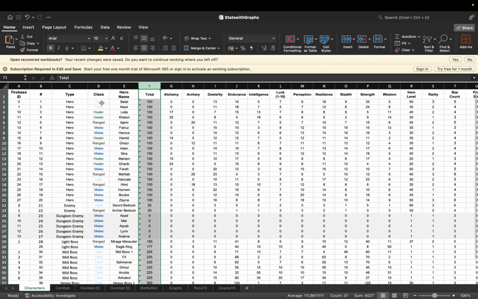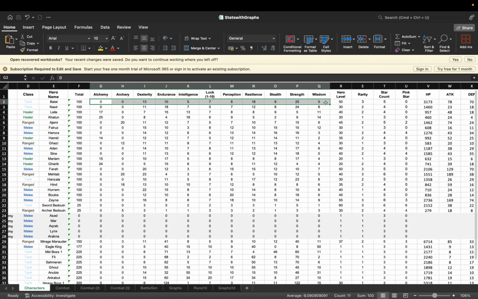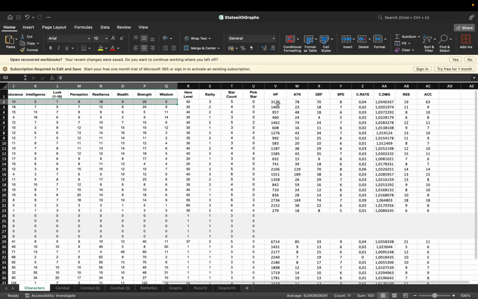Like in the tank class we need higher HP, while in the melee class we need higher speed and higher attack value. So when we distribute, let's say, these points to the heroes, with the level, rarity, star, and pink star count of these characters